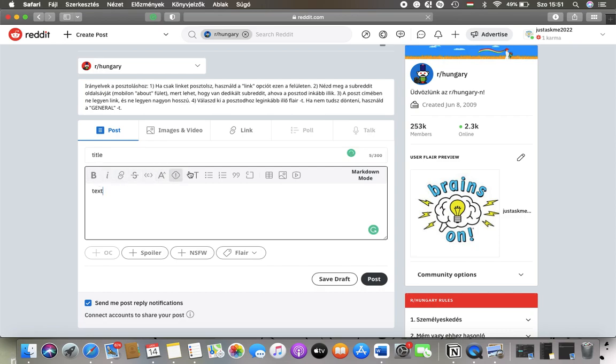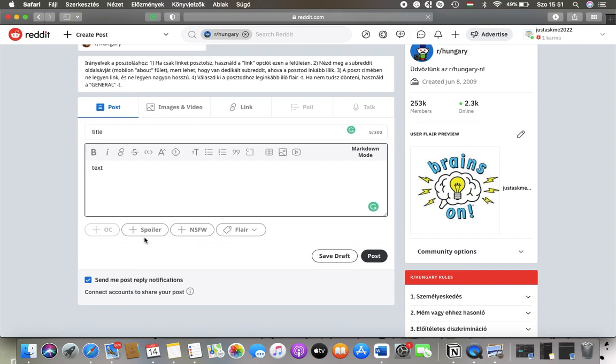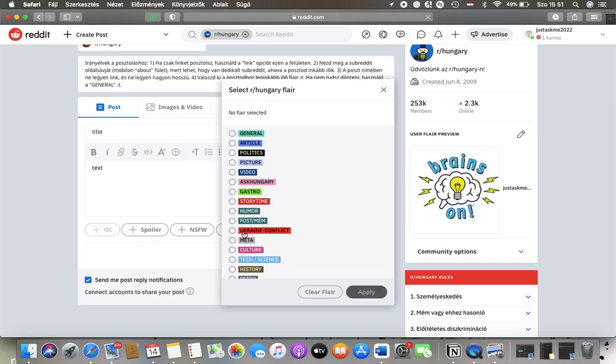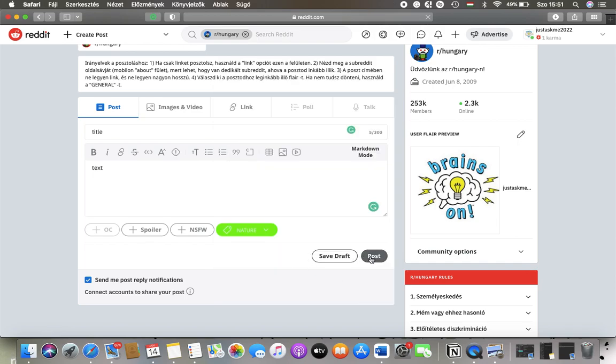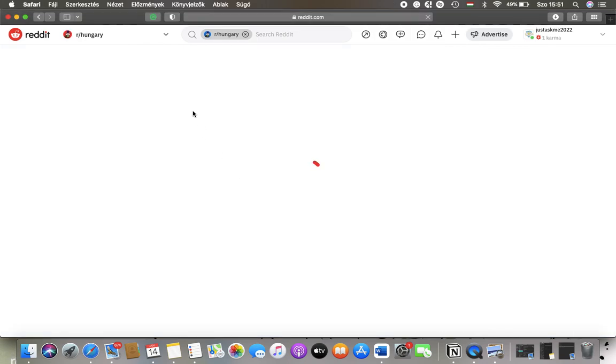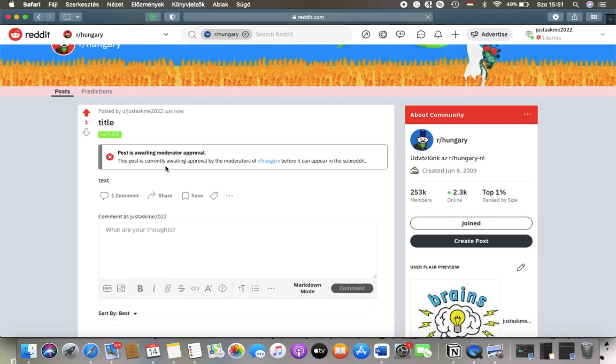Here you can make it bold, italicize it, add links, strike through, and you can change the heading. After that, you can select this spoiler, so you can mark it as a spoiler or as a not safe for work tag, or you can add the flair too. Here you can select the flairs, click on the apply button and then tap on the post button if you are done. As you can see, you can also add